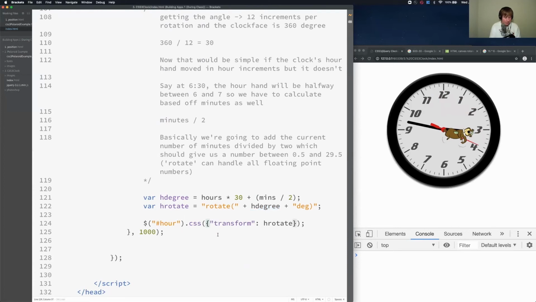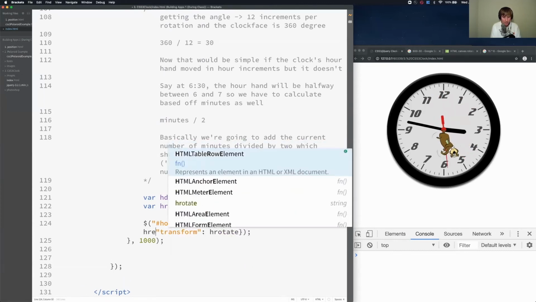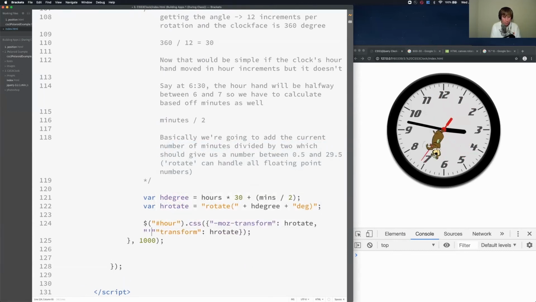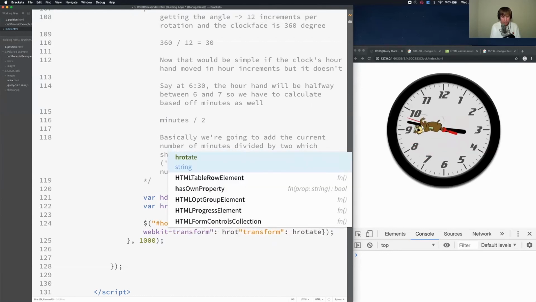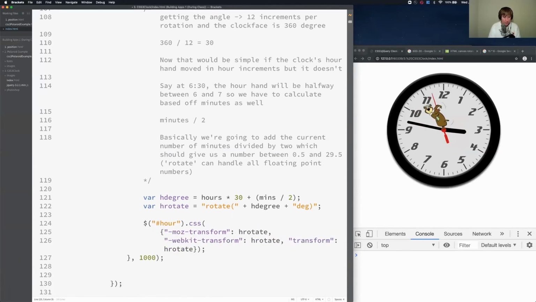And now I need to make sure it works for all browsers. So I'm going to use the Mozilla transformation, followed by my function hRotate, followed by the WebKit transformation, followed by the hRotate, and then the last is the default. So I have my Mozilla transformation, my WebKit transformation, and the default transformation, followed by the closing parenthesis for the